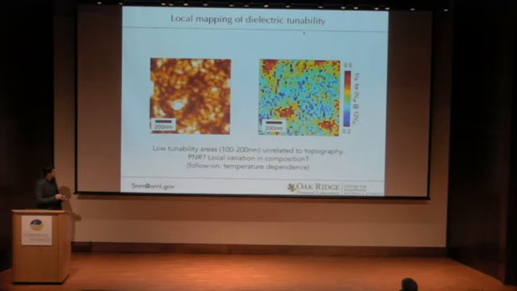It's a pretty interesting picture to consider. So what are these regions due to? There's very little correlation between topographic contrast and these regions of increased tunability. So could they be polar nanoregions, or could it be chemical inhomogeneities? We don't know yet, but the length scales are very interesting, and doing temperature-dependent measurements of this would be interesting by itself.